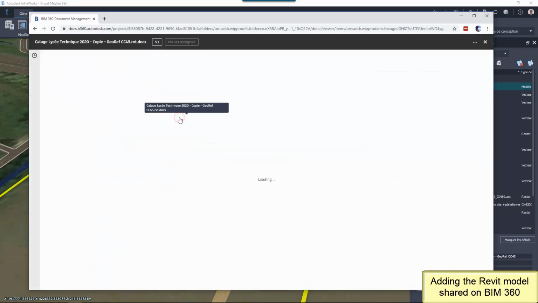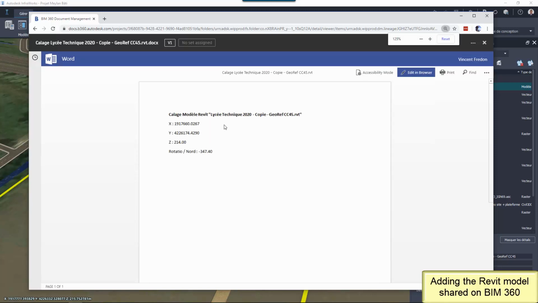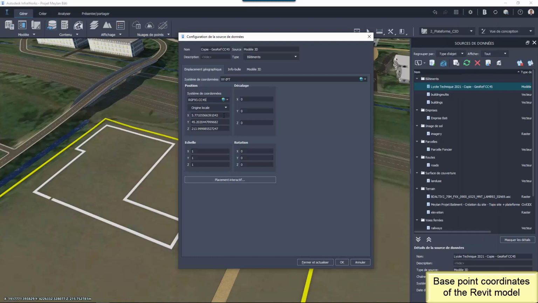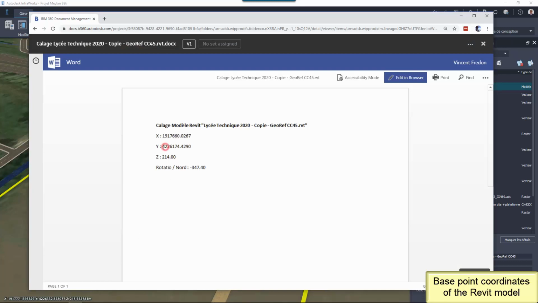It's recommended to copy this information from Revit into a Word file, for example, to be able to copy and paste faster. The information needed is X, Y, elevation, and rotation compared to north.